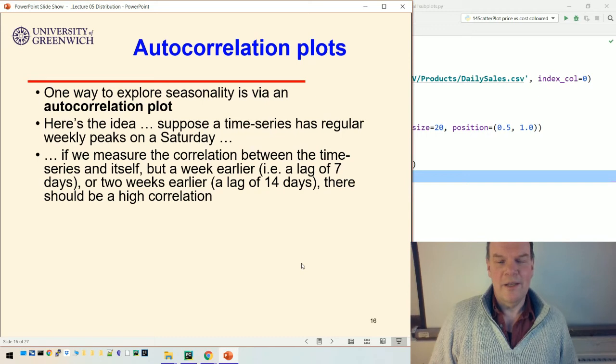Suppose we measure the correlation between the time series and itself, but a week earlier. So we take the time series starting on the 1st of January and the time series starting a week earlier, the 25th of December. Or maybe 2 weeks earlier, so the 18th of December. If there is a weekly